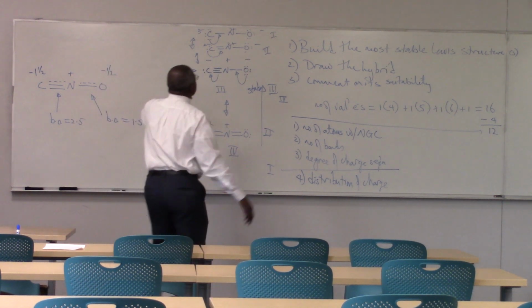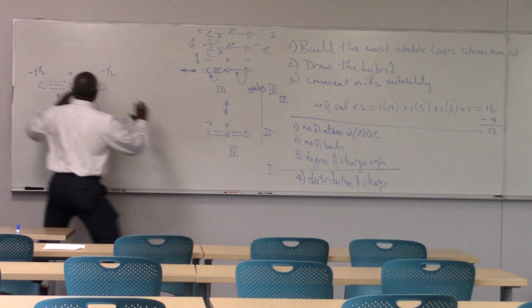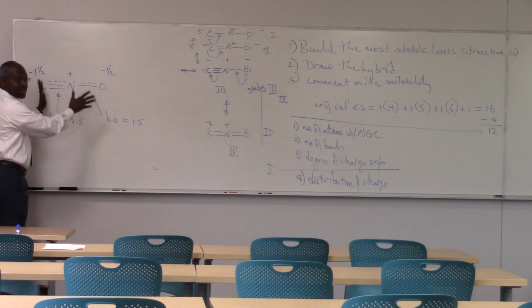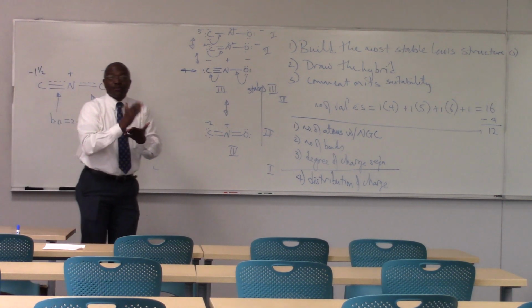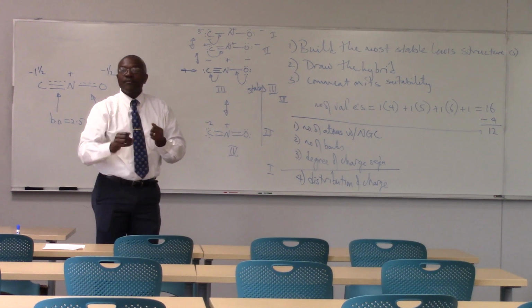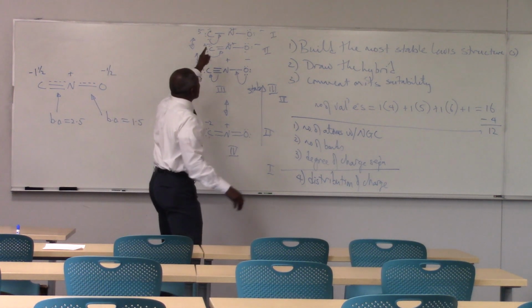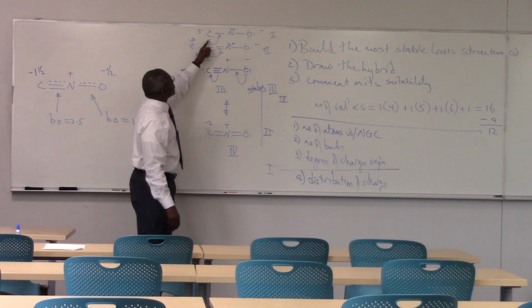None of these structures is real. The true structure looks something like this, right? Now, cyanate is a real species. I can go to the store and buy cyanate. But when I do these arrows, I am not saying that these electrons move from here to